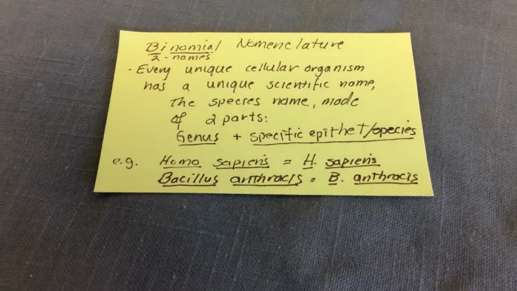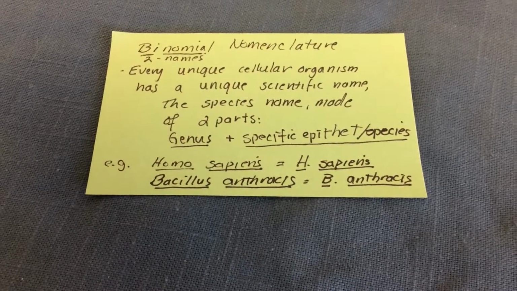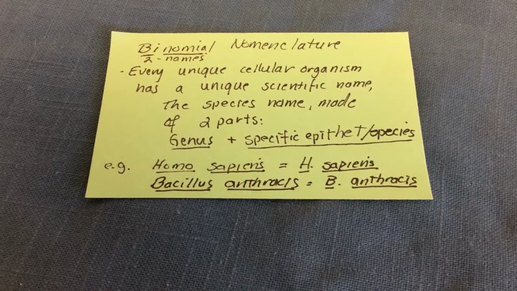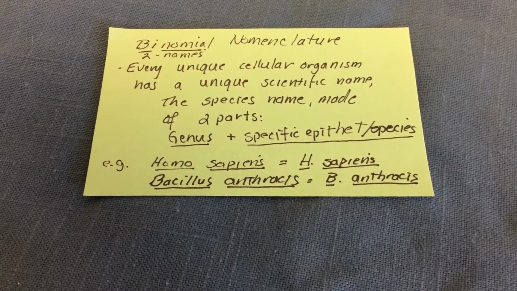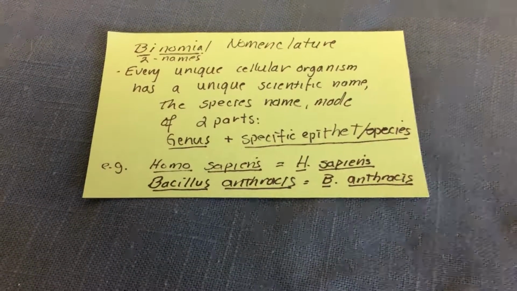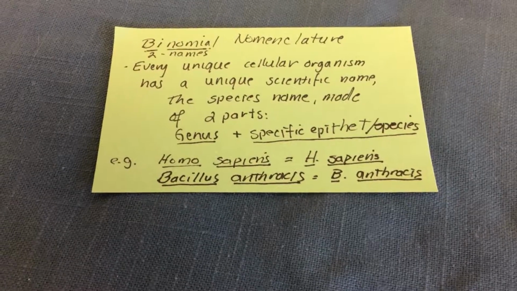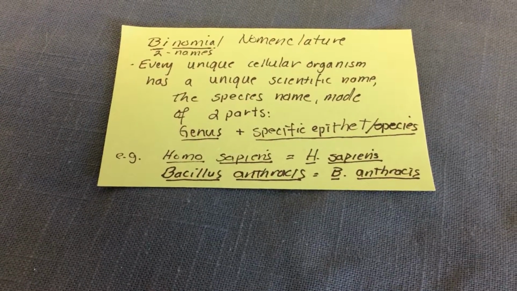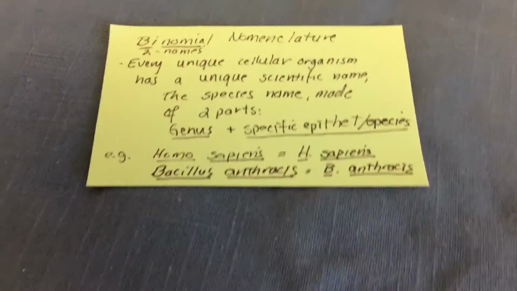So again, for all cellular organisms, we provide unique scientific names. And the unique scientific name has two parts, two names, and hence we refer to it as binomial nomenclature, a two-name naming system. We want to remember that acellular microbes, such as prions and viruses, won't follow the same system. So the two parts of the unique scientific name: the first part is called the